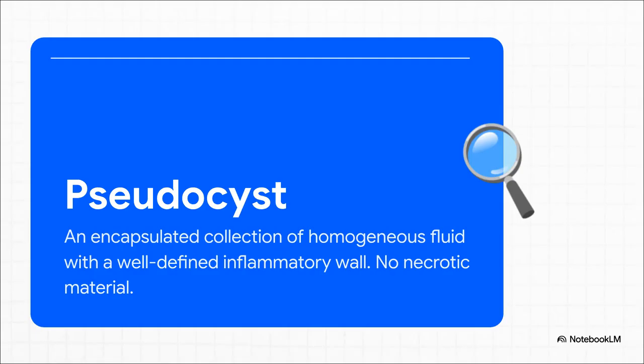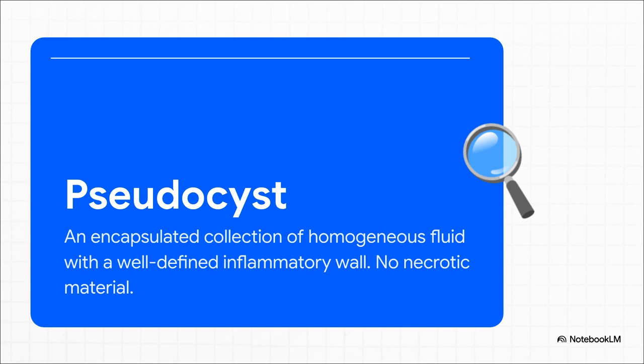So that APFC, that simple, clean fluid, can mature into a pseudocyst. What's that? Well, it's still just homogeneous fluid inside. The big change is that now it's encapsulated. It's got a nice, well-defined inflammatory wall around it. We call it a pseudocyst because it's not a true cyst with a special cell lining, it's just a wall